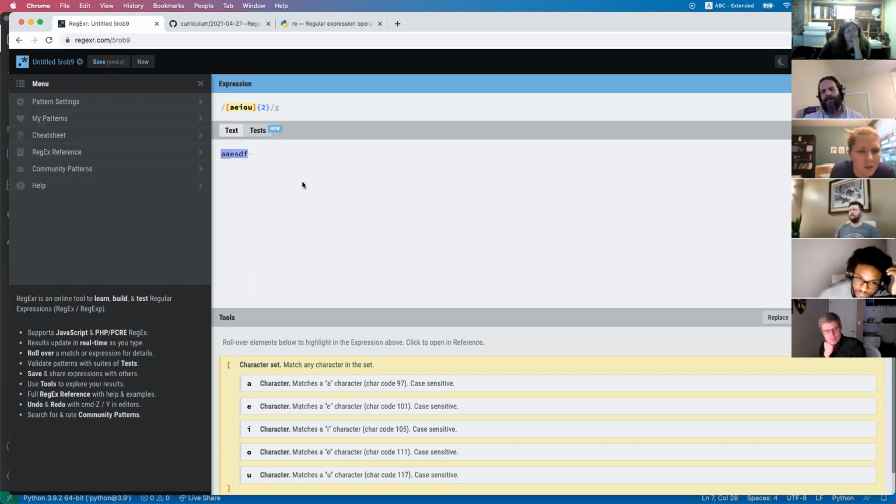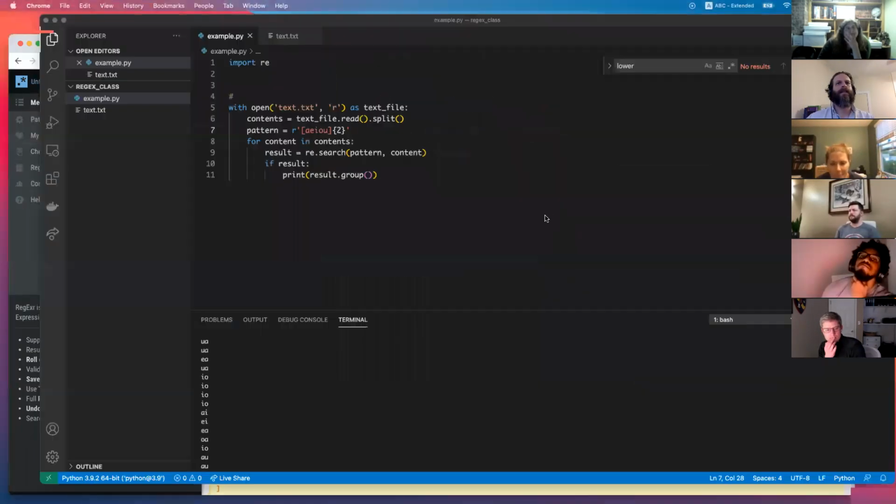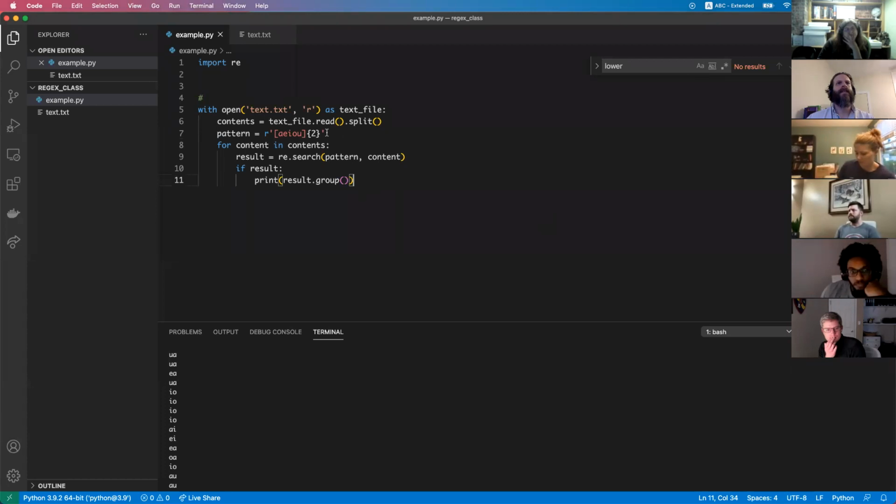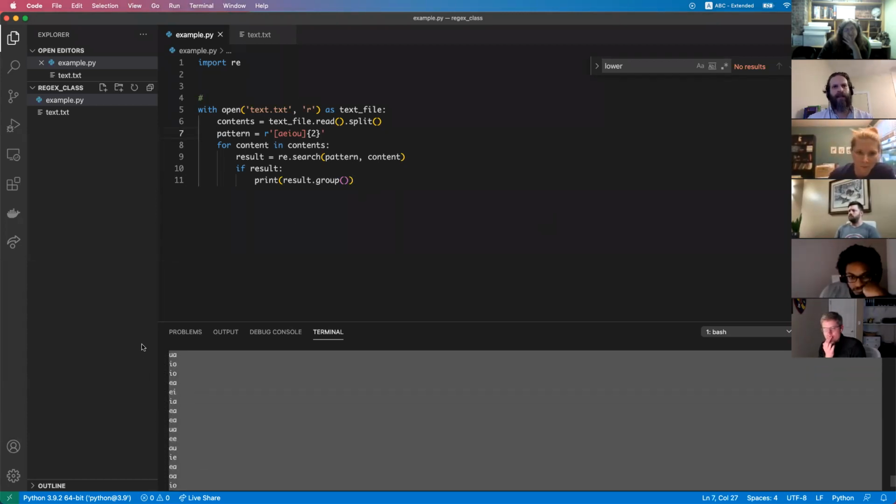Yeah, so it should just return those 2 that match. Okay. So right here, we're getting all the diphthongs, but we're not matching the whole word that it occurs in, right? So how could we make sure that we're matching the whole word instead of